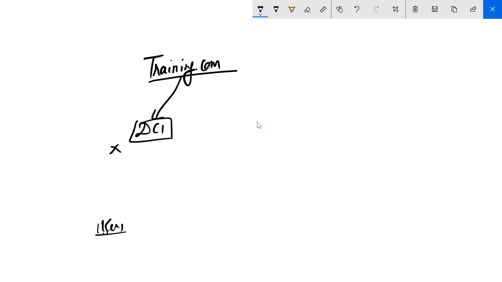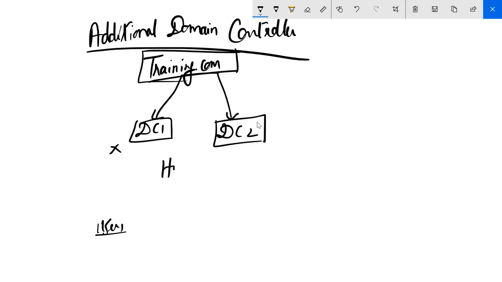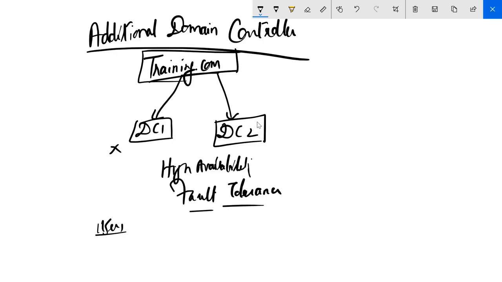Almost everything in my environment will crash because my first level authentication itself is not there. How do I access my applications or other resources of my network? I cannot. What I can do is bring up another computer. I'm looking at a concept you can call high availability, or even fault tolerance. The meaning of that is I have just one domain controller,